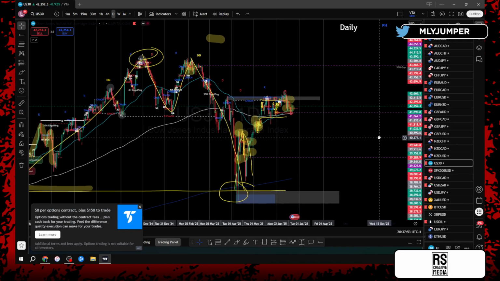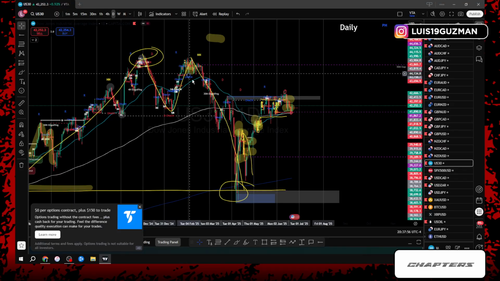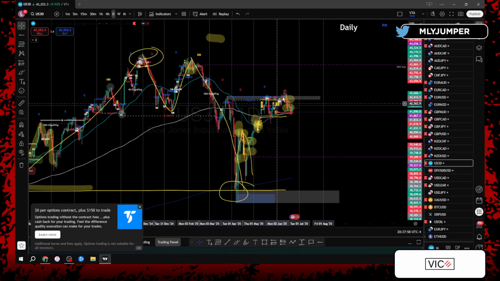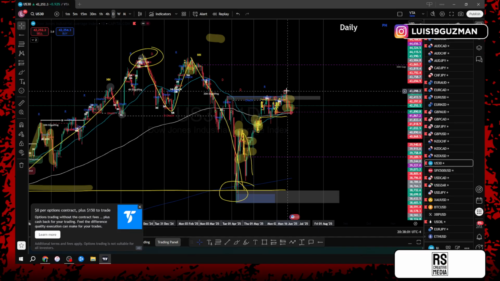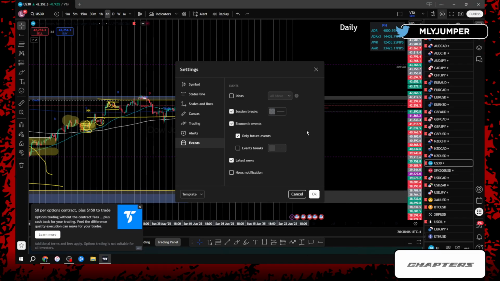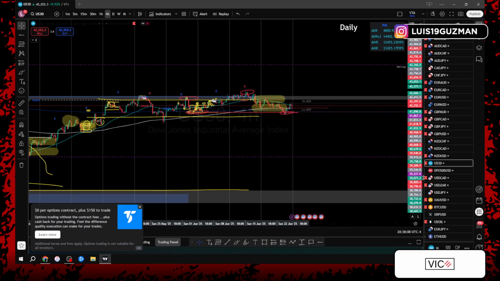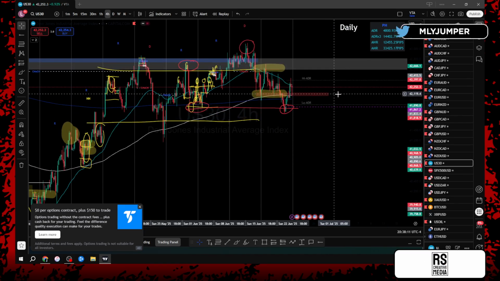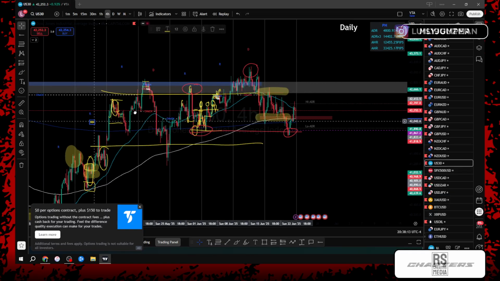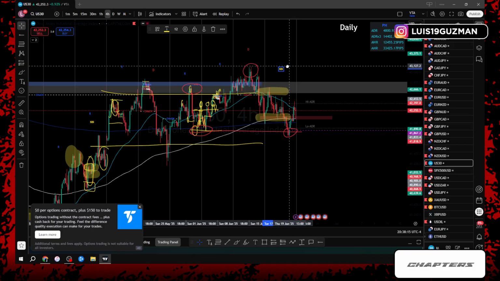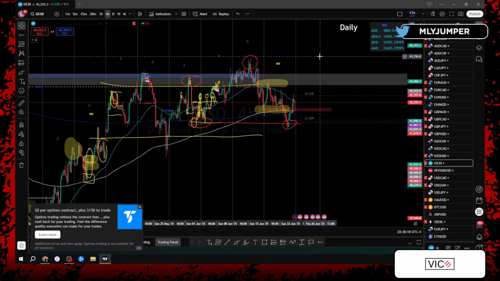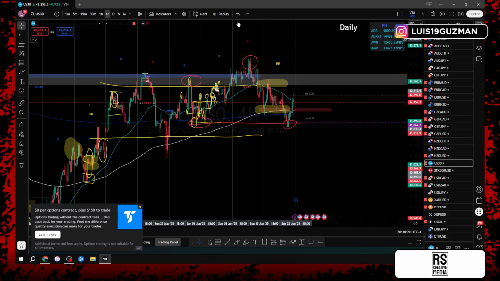With US 30, we could clearly see we were uptrending and we started downtrending. Change of character, break of structure, lower high. It didn't give us a valid break of the highs, it gave us inducements of the highs, and then started downtrending on the lower time frames. Right now we have a week of drop. Then price ended up giving us a no net, which is okay. Would have loved to have seen a second week of drop. That would have given us a clean, crystal clear confirmation as to where price wanted to go.